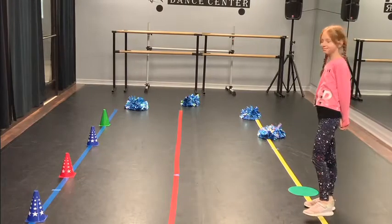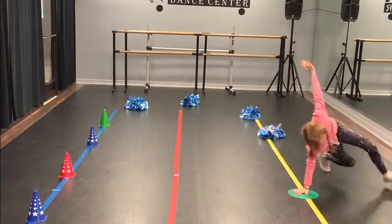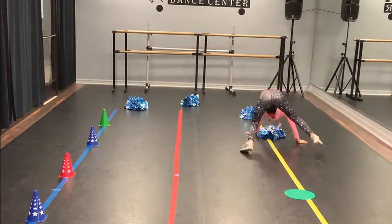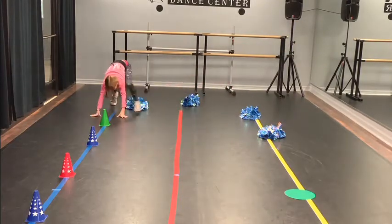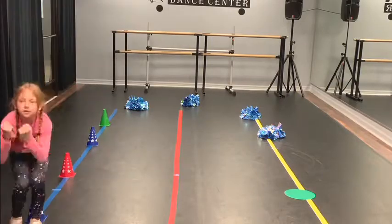All right, here's our obstacle course, and Miss Zeta is gonna start with her right hand. She's gonna hit that spider. And then she's gonna move into her bear crawl. Woo! Great job, Miss Zeta. Into her star jump. Bam. Bam. Good plie in between every single jump to protect those knees. Let's do it